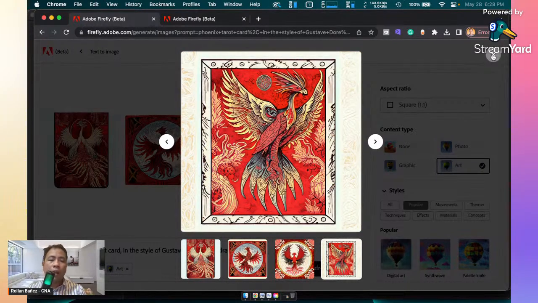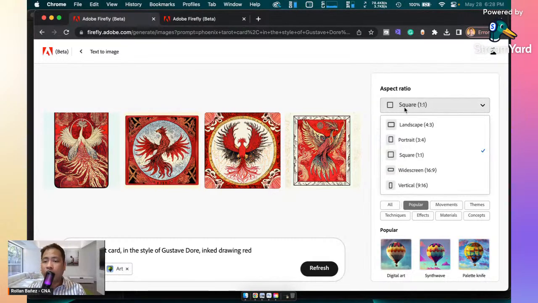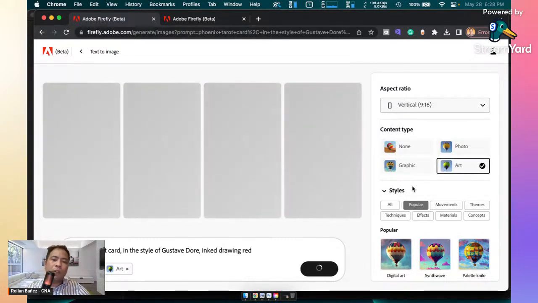And you can change what we call the aspect ratio. We have 5 right now. This one is the newest one, the vertical 9:16, which they implemented just days ago. If I click on that, this will automatically give you this type of aspect ratio on which you can do it on your